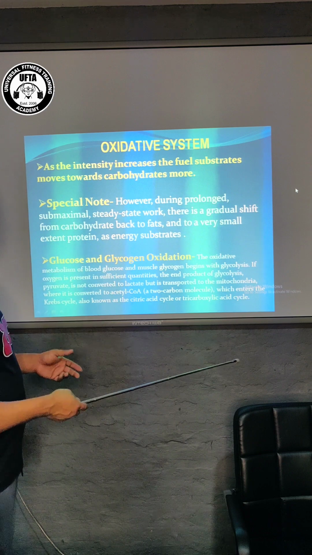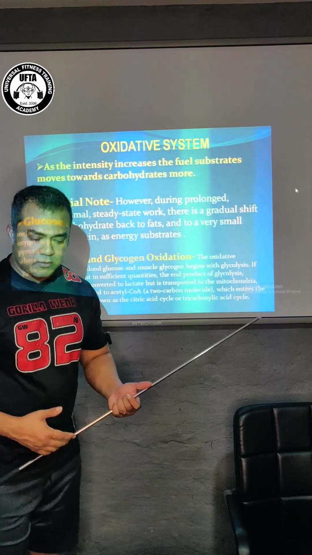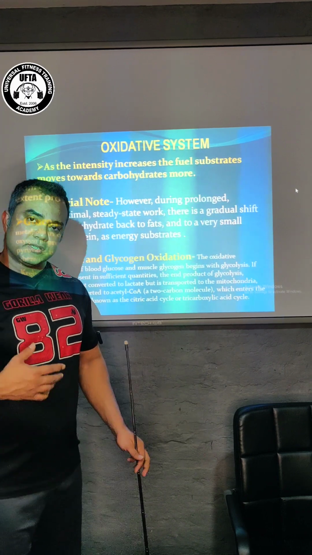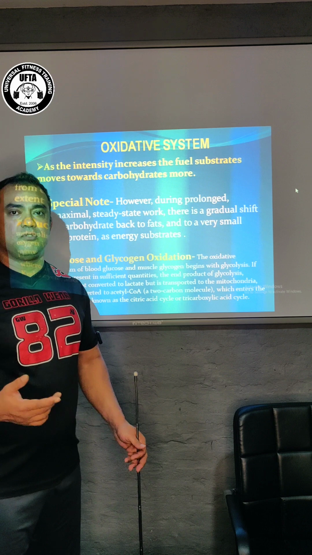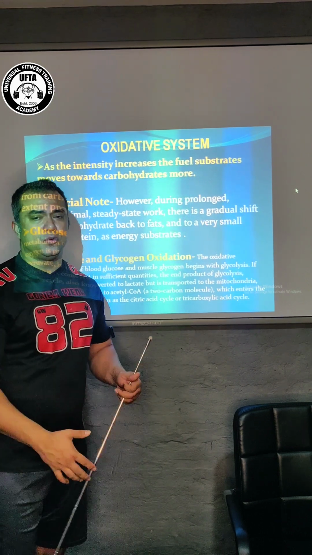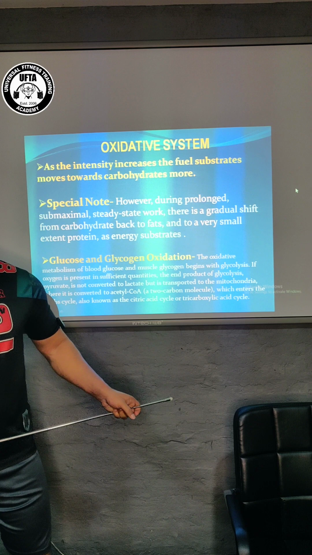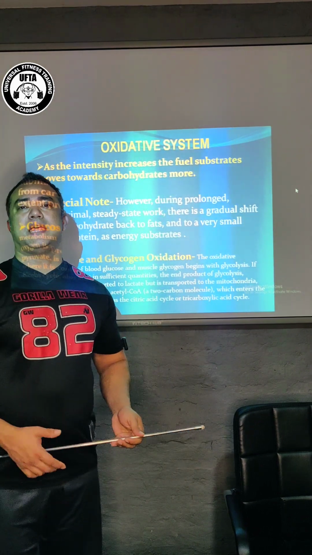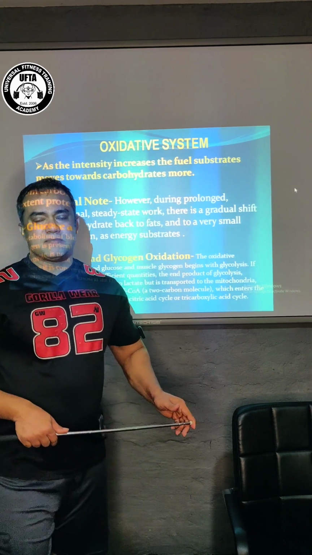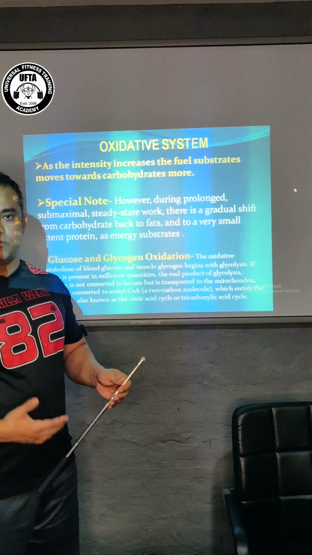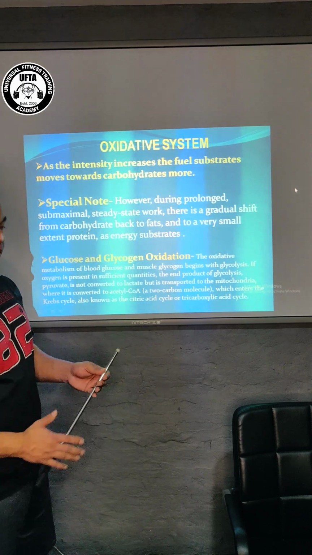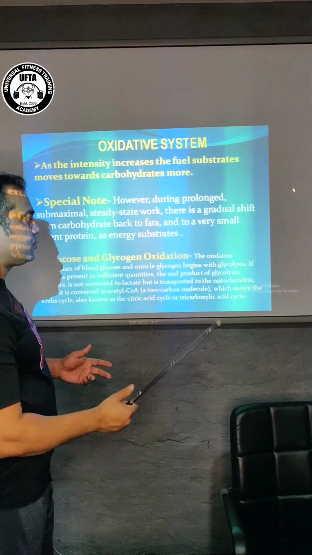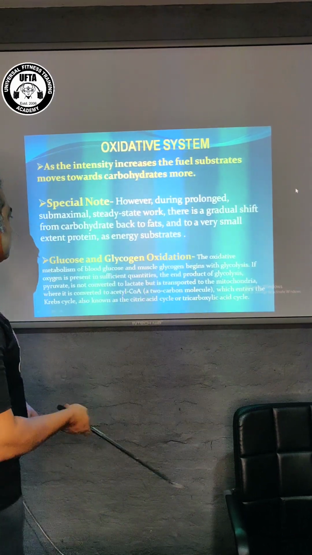And there are a few other examples, like if you are doing light weight training, if you are using the tempo. Suppose, for example, you are doing squats of 50 kilos, and slowly you will be getting tired. First you will start doing a lot of repetitions, and after 50 or 60, when you will be really, really tired, then the body will be forced to use the type 2X muscle fibers, meaning the larger muscle fibers. So automatically, the body will switch over to carbohydrates. So that's just like that. The energy keeps on building up, and again, if the intensity is low, we will switch from carbohydrates to fats to protein. So it keeps on moving.